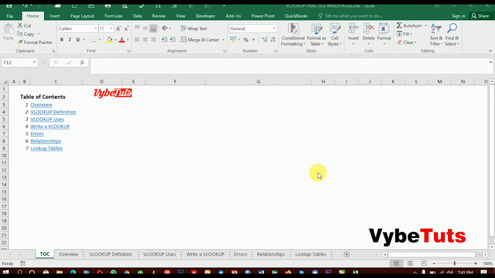Today we'll be looking at VLOOKUP and how we can use the VLOOKUP function in Excel to perform our daily activities. So without wasting much time, we are going to look at the overview of today's